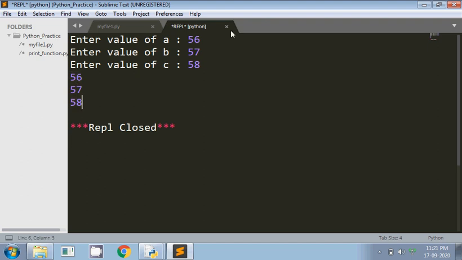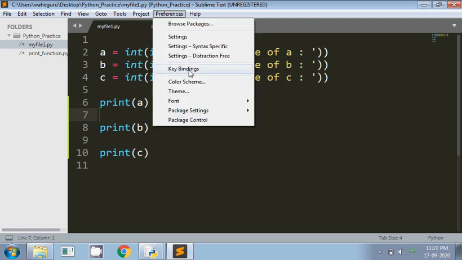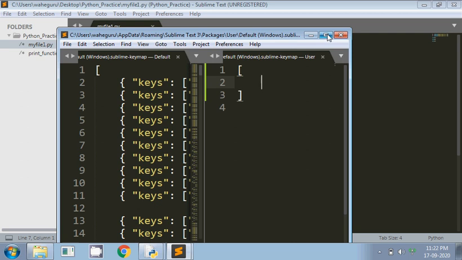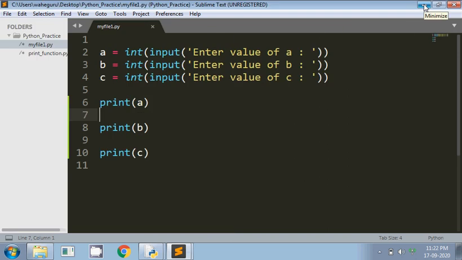But don't you think it's a very long way to run a Python file? So what we can do is create a shortcut for ourselves. We'll go to preferences and then key bindings. These are the shortcuts used by Sublime Text by default, and we can create our own shortcut.